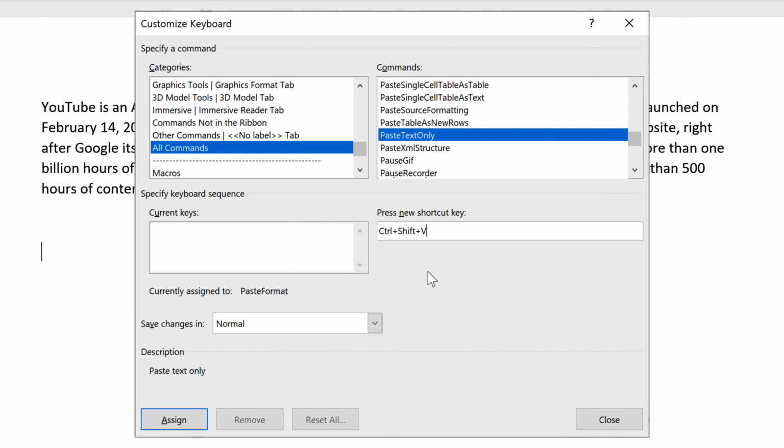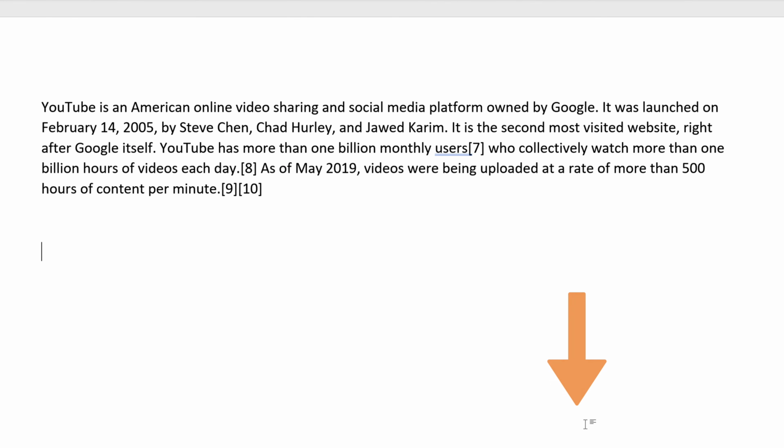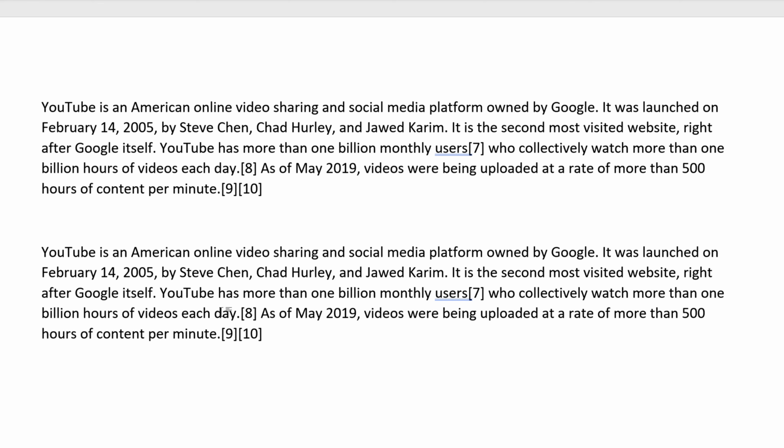You can use any keyboard shortcut you want unless it clashes with any other shortcut. Once you are done, click the Assign button and close the dialog box. Then OK, and the next time you paste text using the shortcut that you recorded, it is going to be